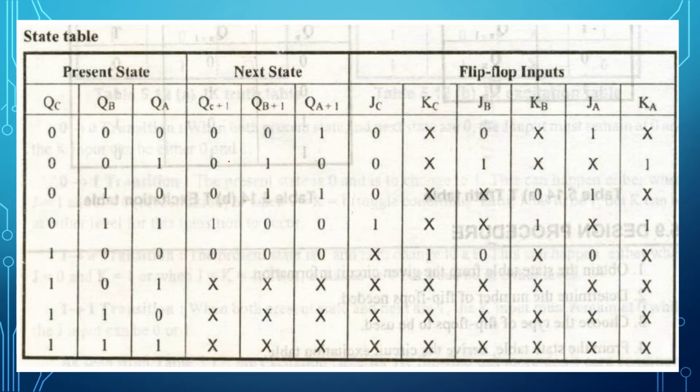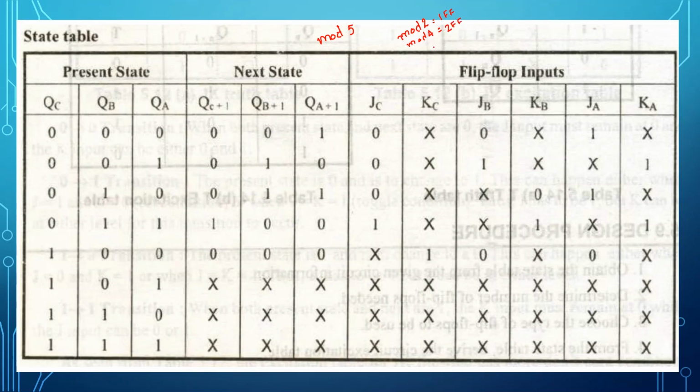Let's say that I want to count. What is the count you are going to go with? You are going to go with a mod 5 counter, isn't it? When I speak about a mod 5 counter, you can go with any number of counts. There is no restriction for the counts. For example, let's say that you are going with a mod 2 counter. You can go with one flip-flop. One flip-flop is enough. Suppose you are going with a mod 4 counter, 2 to the power how much is 4? 2 to the power 2 is 4. So you need to take 2 flip-flops.